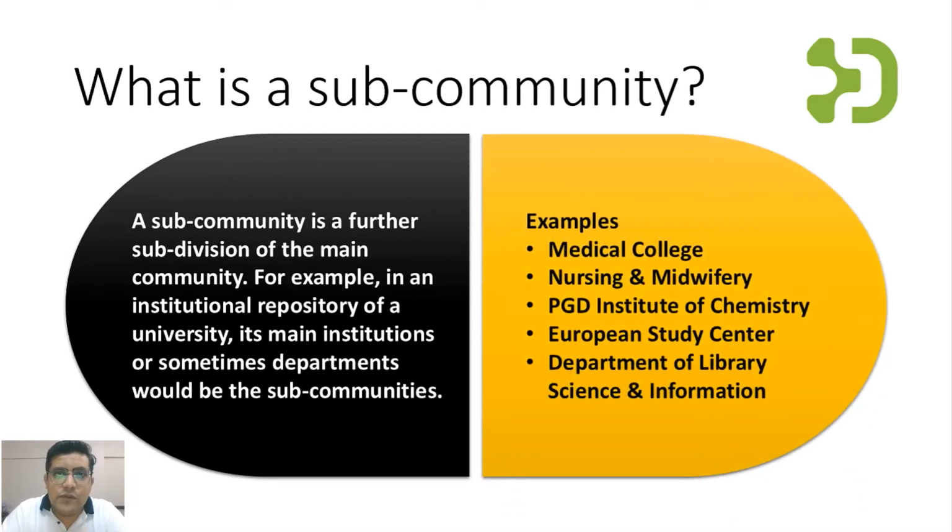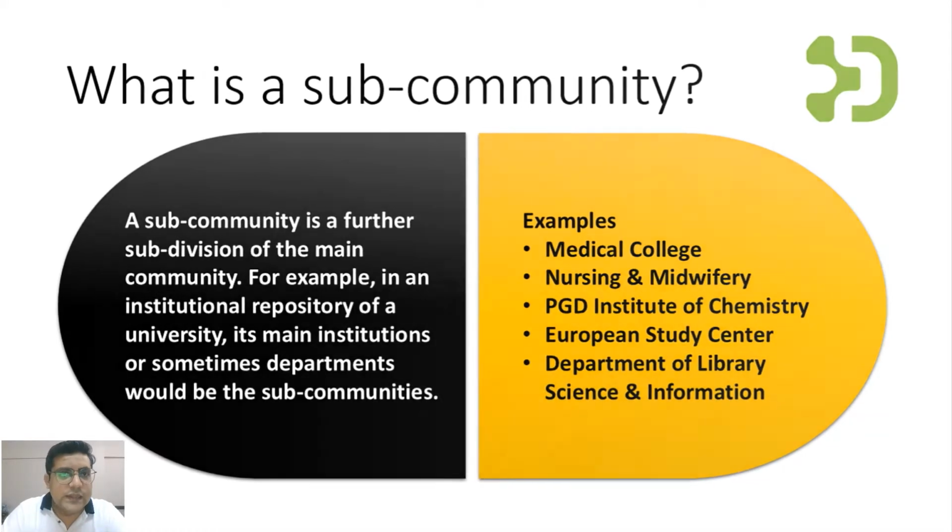They are just examples. For example, we have medical college, nursing and midwifery in a medical science university, and then PGD Institute of Chemistry, European Study Center, departments of library and information science. They would be the sub-community of the faculty of an institutional repository. And then we have